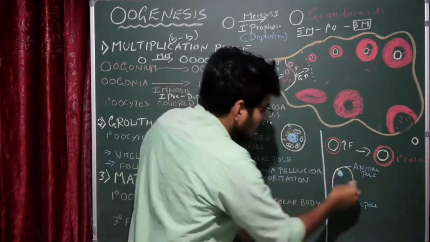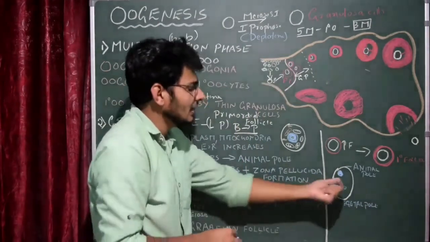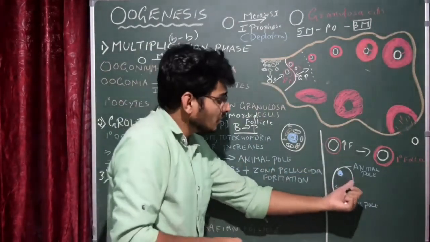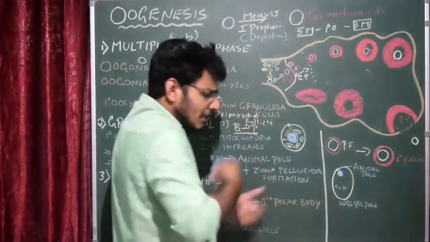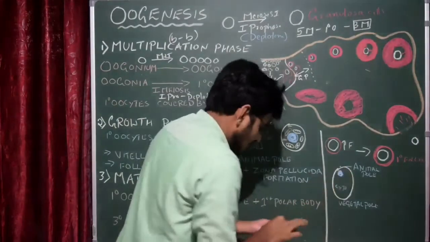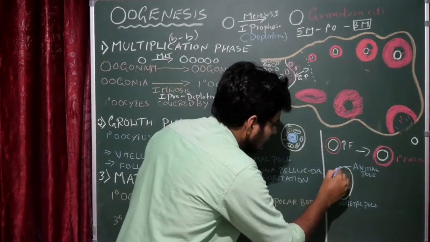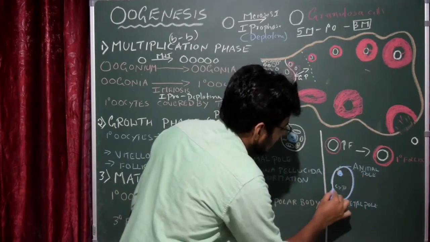actually formed. Obviously we know that this white line is nothing but the plasma membrane of the primary oocyte. This white line transforms itself and forms another layer. I think I used blue color. Another layer, which is almost attached to the plasma membrane. Now we cannot call it the plasma membrane.